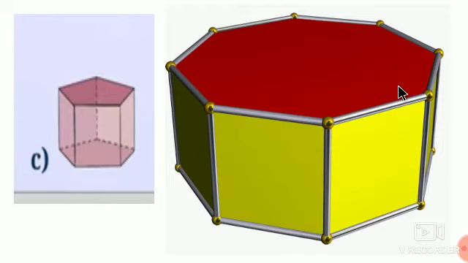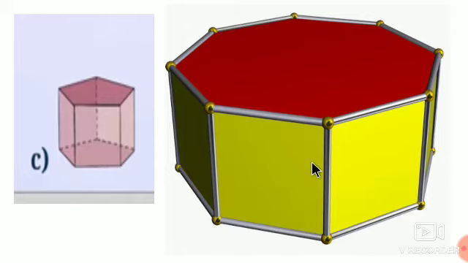Now it has the top face hexagonal, bottom face hexagonal. Now we will count first the vertices 1, 2, 3, 4, 5, 6. Same way bottom 6. 6 plus 6, 12 vertices. Now the faces, top face and the bottom face 1 plus 1, 2, and the standing faces again 6 are there. How many sides? 6 sides.